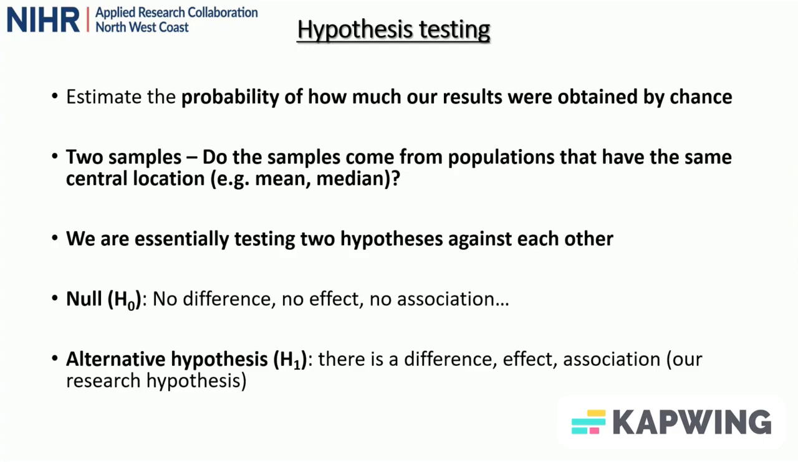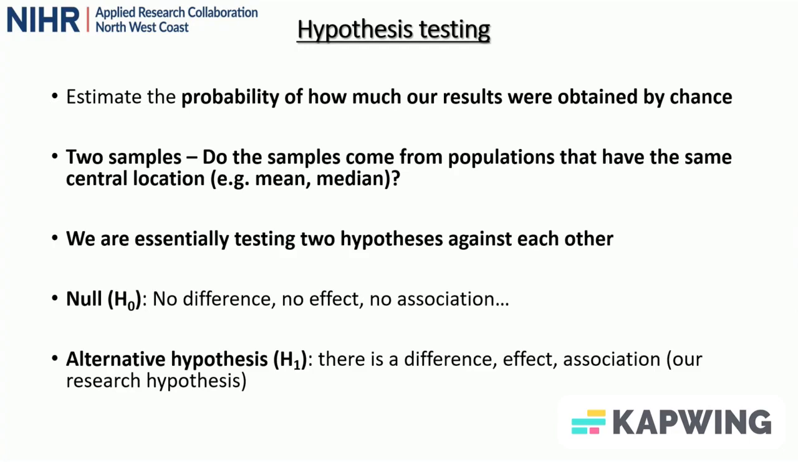And the other one is the alternative hypothesis, the hypothesis we are really testing when we are doing research. For example, in this case, there is a difference between the groups, or we might want to test whether there is an effect, an association. With the hypothesis testing approach, we are testing these two hypotheses against each other, and we are trying to understand